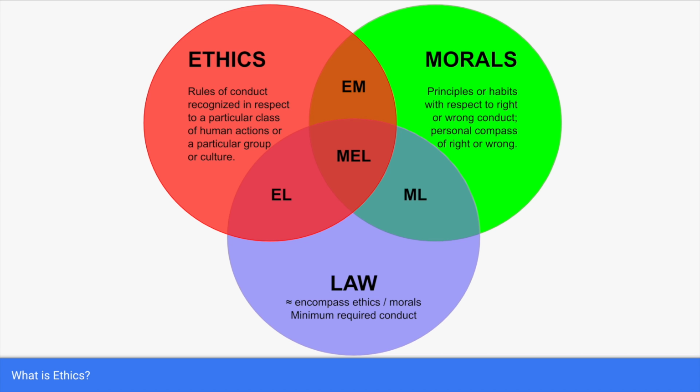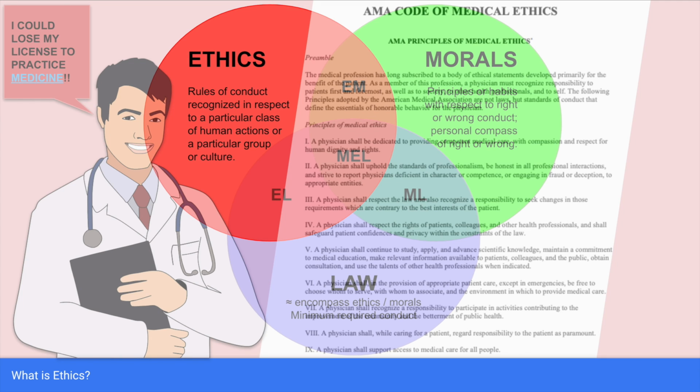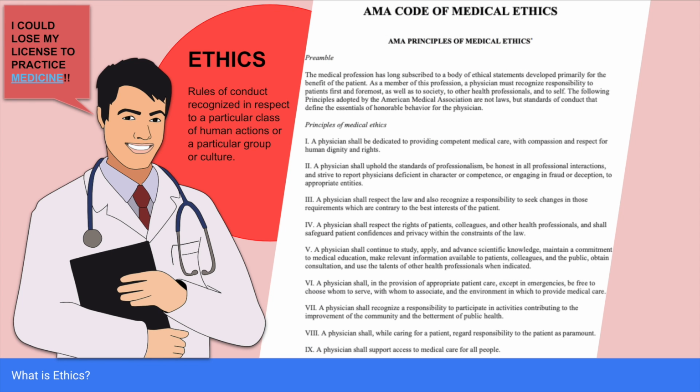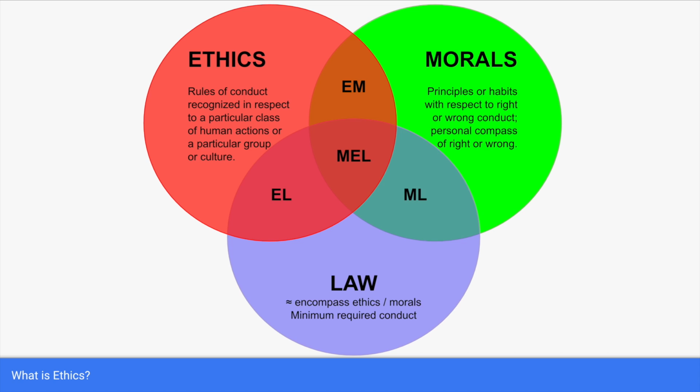So, for example, some professions, including doctors, have a code of ethics that they are bound to, which is enforced by a body that governs admission to practice that profession. If a doctor fails to respect human life, dignity, or even human rights, for example, the governing body may revoke the doctor's license to practice medicine. Or, for another example, lawyers are bound to ethical and professional conduct that prohibits them from misusing client funds, maintaining intimate relationships with clients, representing parties on both sides of a legal transaction, and not zealously advocating for their clients.